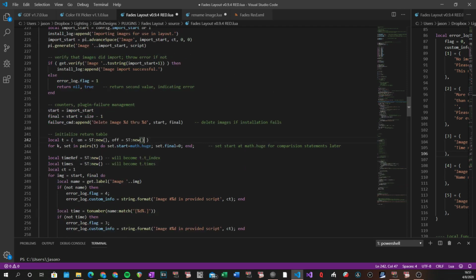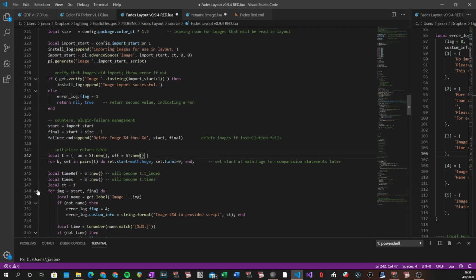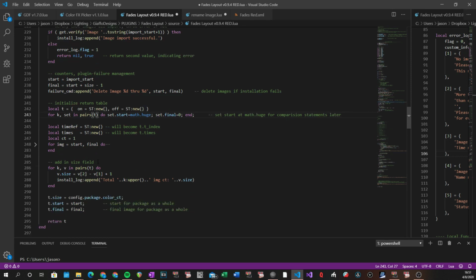We have set up an indexing reference table. We've set up a table with all of the time values so that everything lines up. I think we're good. The only other thing,